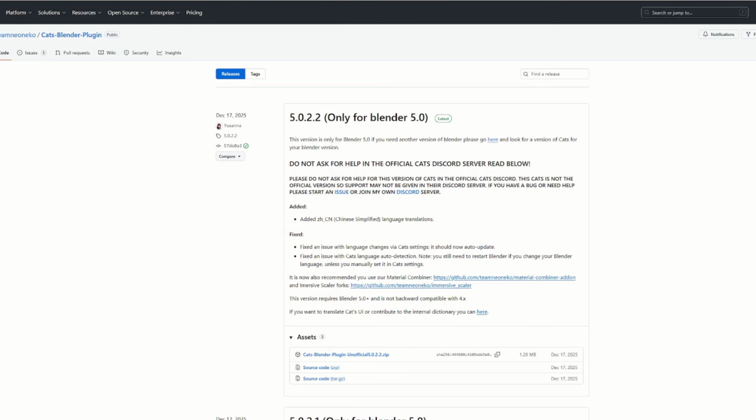So the first thing you're going to need is the plugin for Blender called Cats. It will help you take 3D assets and prepare them for being used in VRChat. So you're going to go to the link in the description, which will bring you to this page. You're going to go to the top, find the latest version, go down into assets, and click the zip, which will download the file. Note what version of Blender that is for,